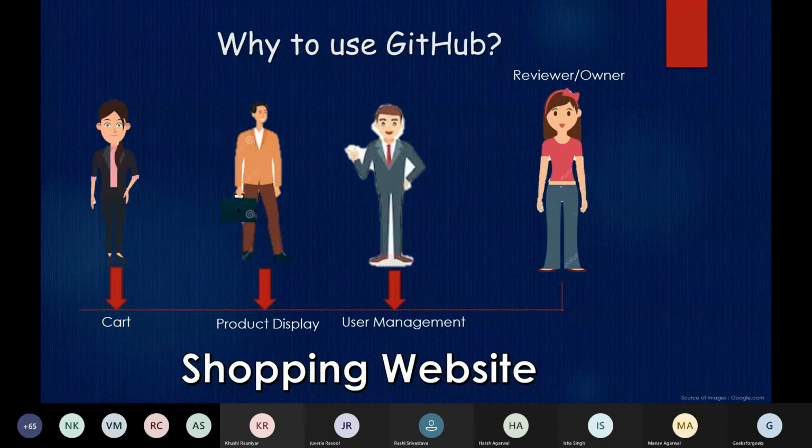Secondly, also suppose all three of the people gave me their changes and